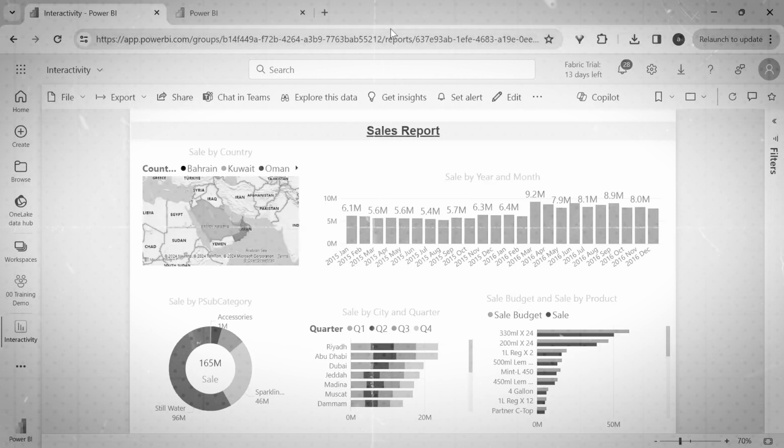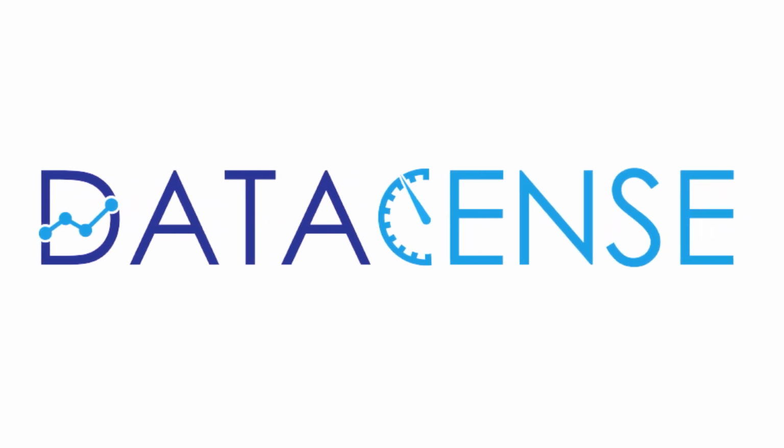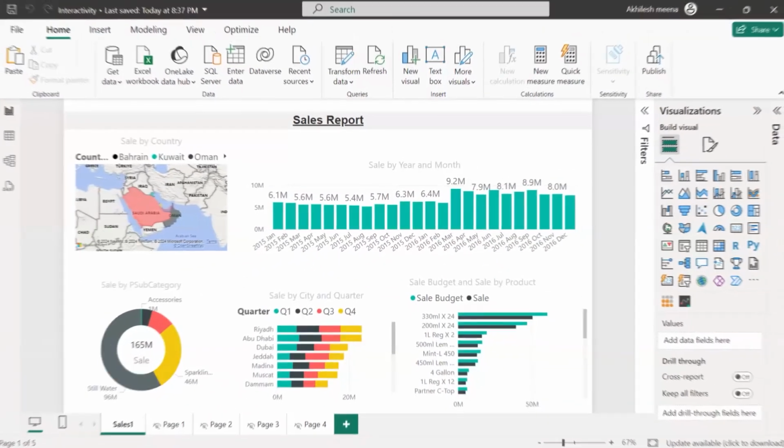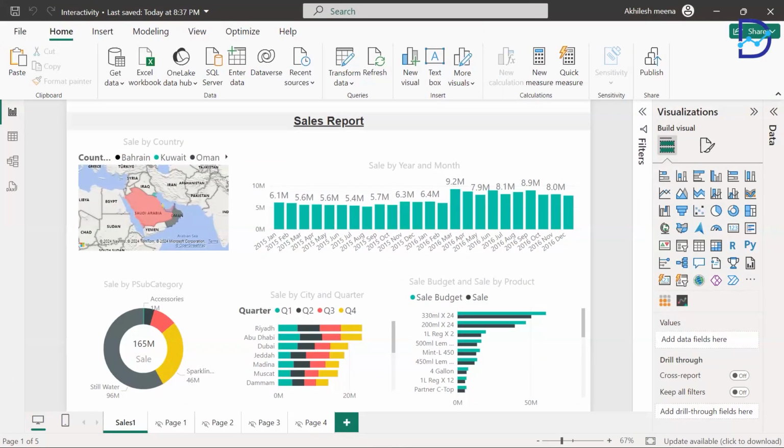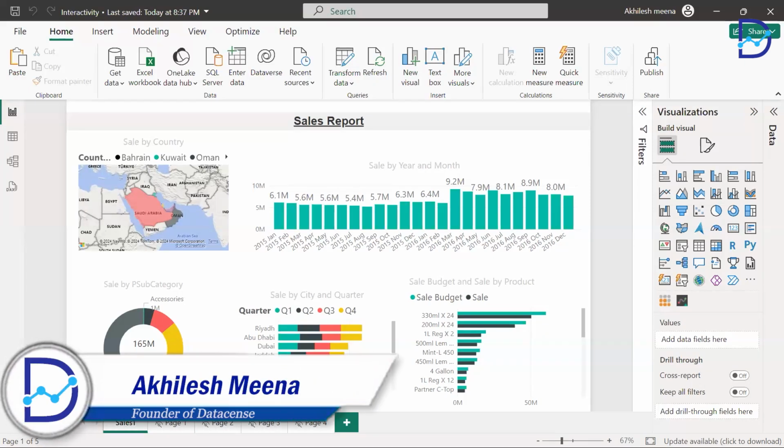They just need an internet or browser. That's it. No license, nothing, not even a Power BI account is required. There's one more thing available while sharing the report: you can share your report